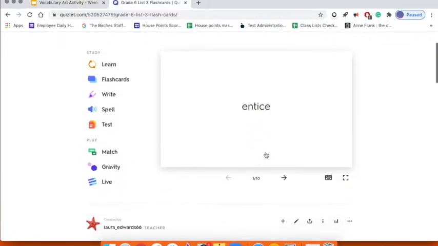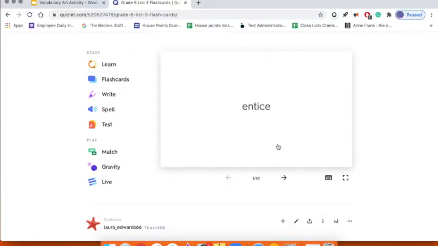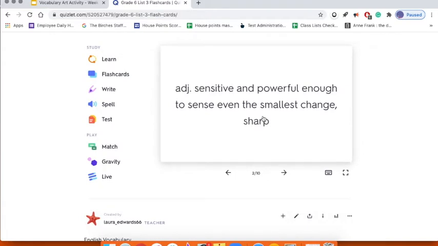The words that you have this week are: to entice, which is to get someone to do something. Your mom might entice you to do some chores by offering you extra dessert. Acute is an adjective that means sensitive and powerful, kind of to be good. So like an acute sense of smell would be a really good sense of smell,